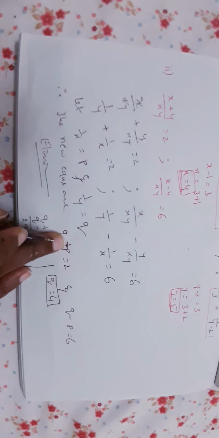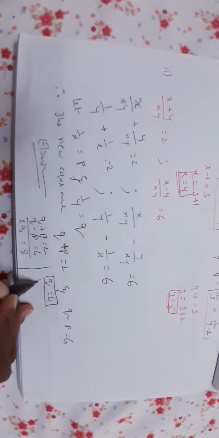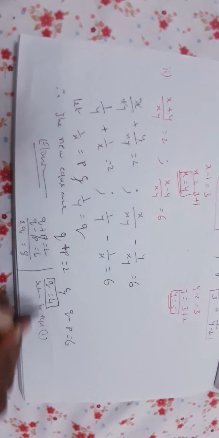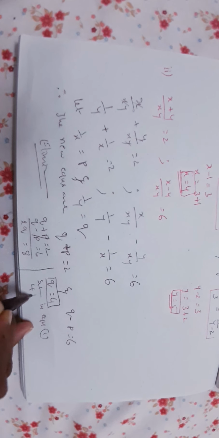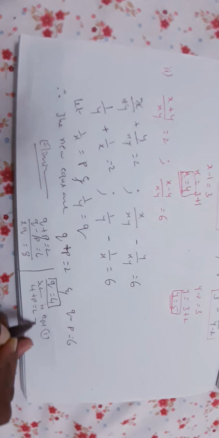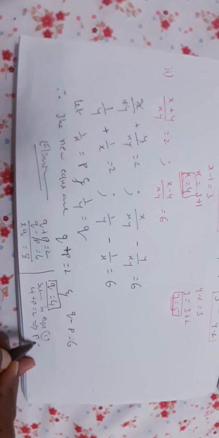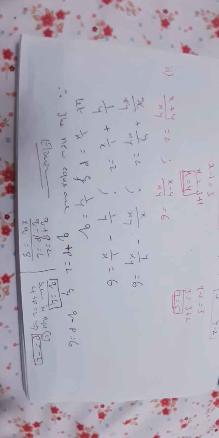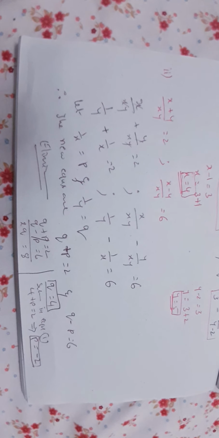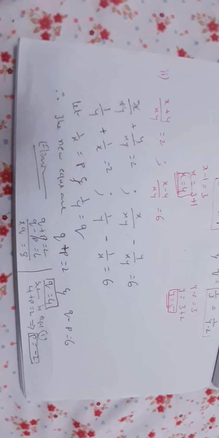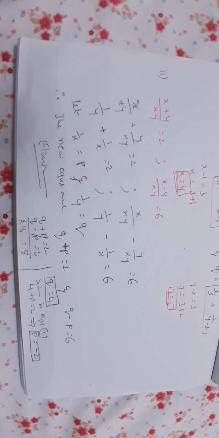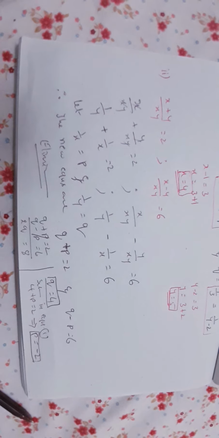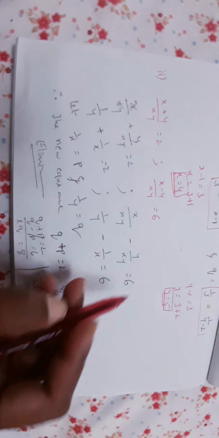Substituting q in the first equation. So substituting in equation 1, what we will get? So 4 plus p is equal to 2, which implies p is equal to minus 2. Right? 4 plus p is equal to 2. Or p is equal to minus 2. Is our job done? No. What else has to be determined?